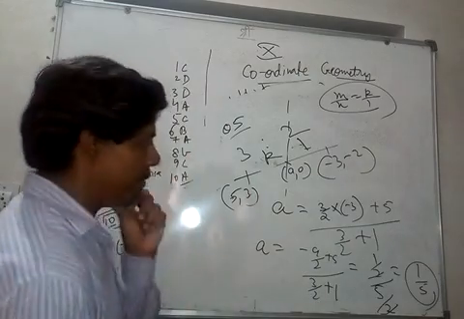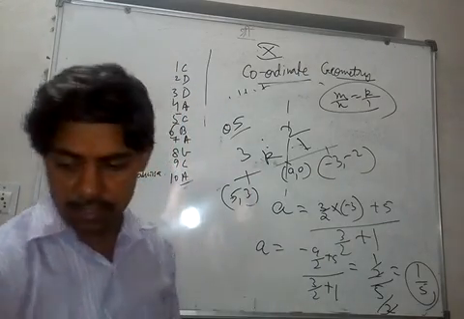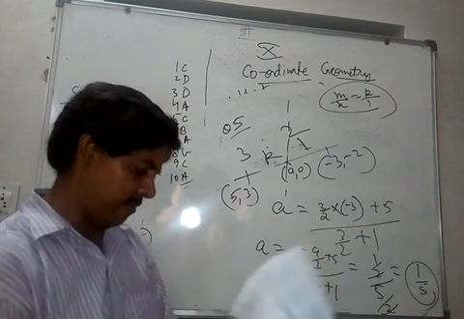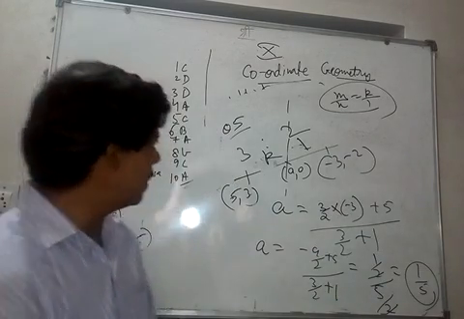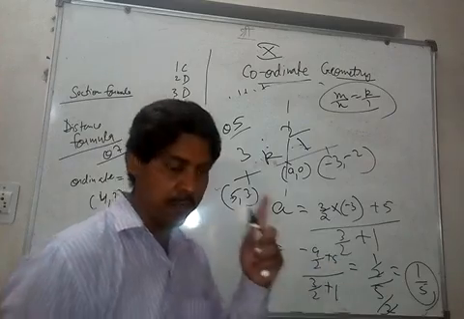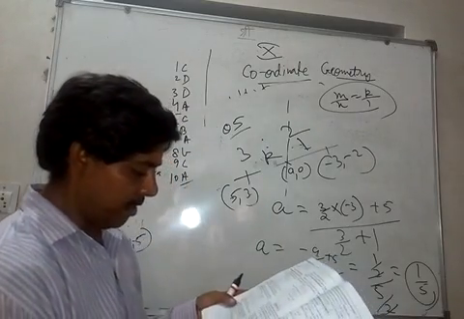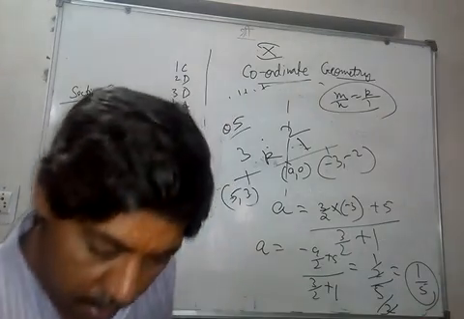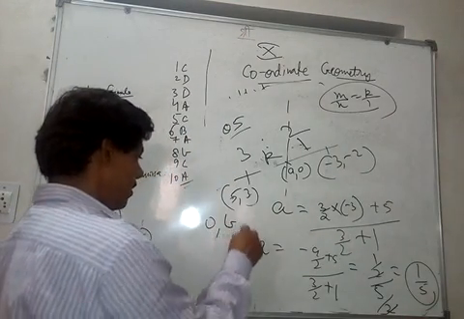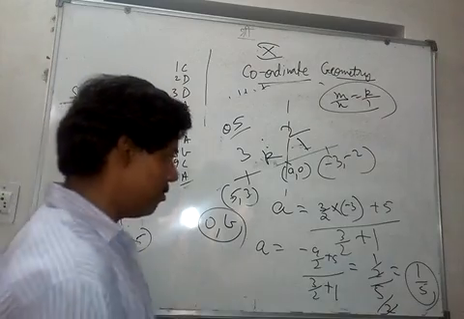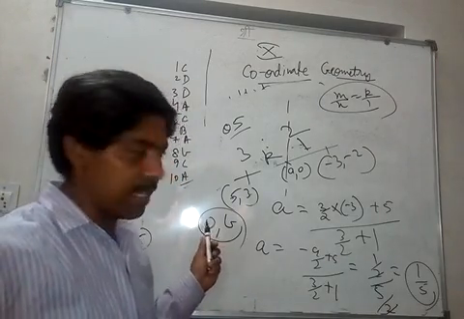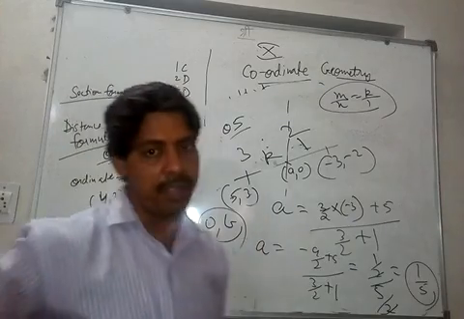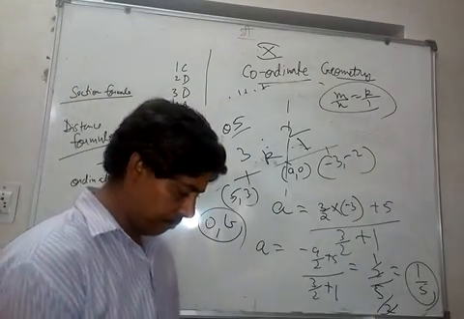So the required point is 1/5 comma 0, and the ratio is 3 is to 2. So let's verify question number 5. 3 is to 2 is the ratio, and he has not asked for the value of a, but you should find the value of a also. If the same question is for the y-axis, you will consider the point as 0 comma b. Question number 6, I am talking about. There you will consider 0 comma b, and you put the x coordinate as 0 and solve for it. You will get the value of k, and then get the y coordinate. You will get the value of b.